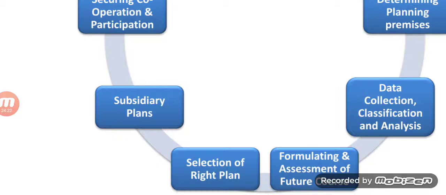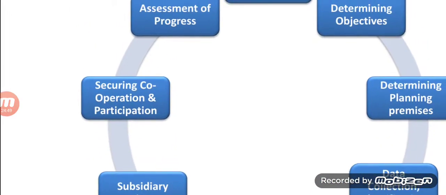After formulating the basic plan, the next step is to frame various supplementary plans based on this basic plan. There are various supplementary plans in an organization like raw material planning, production planning, sales planning, composition planning, budgetary planning, etc. These plans are required to be formulated for every department. Clear. Now the next point is,